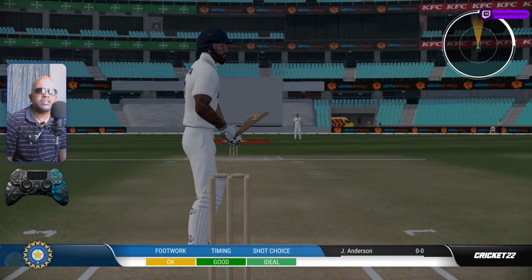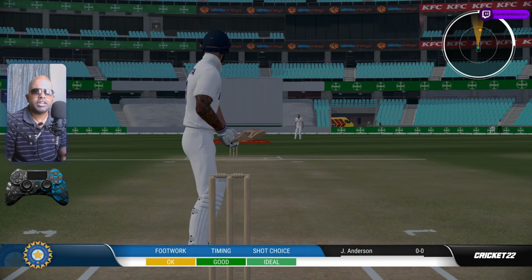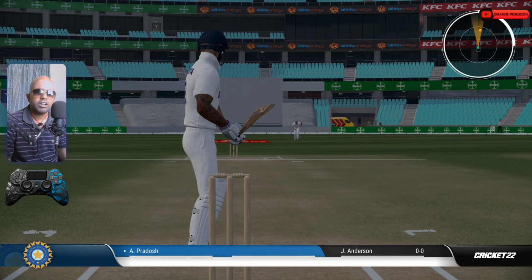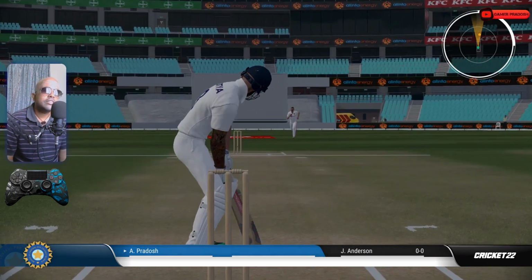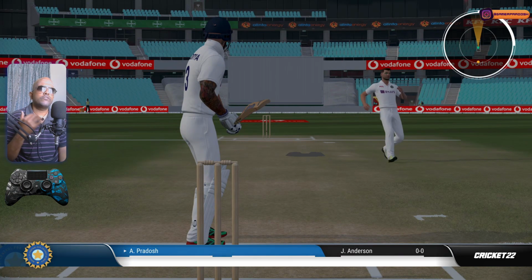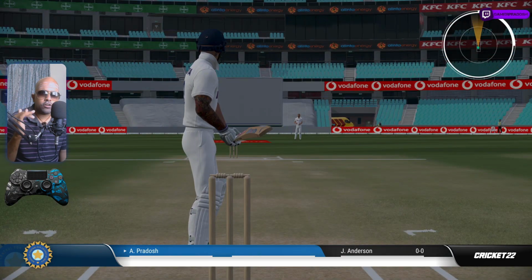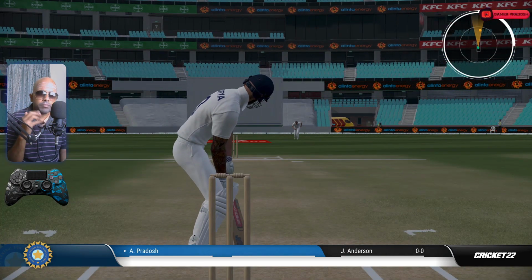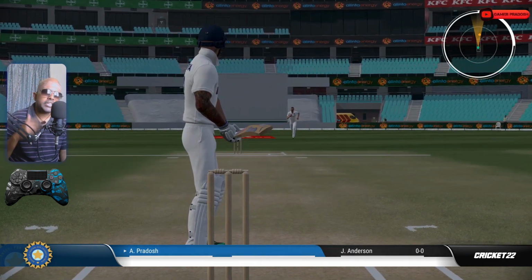So if the ball is there, I'll go up. If the ball is there, I'll drive and rotate. If the ball is somewhere else, I'll try to dab and run. All the things you plan for yourself, because I don't want to give you a set script to follow. Rather than that, try to play the shots, try to experience